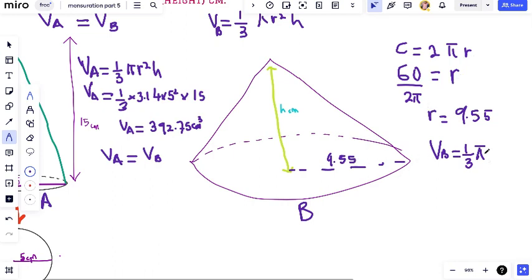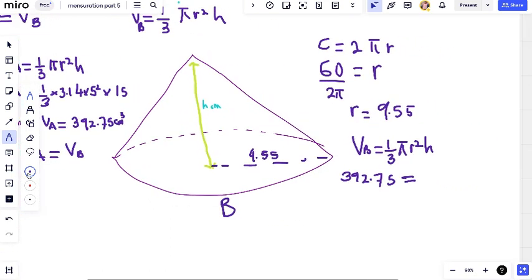It is that radius of this cone that we're going to slot into this formula, not the radius we used for cone A. Here we're going to make h the subject, because that's what they asked us to find, the height of cone B. So we say VB, which is the same value, 392.75. We slotted that same value, 392.75, is equal to,